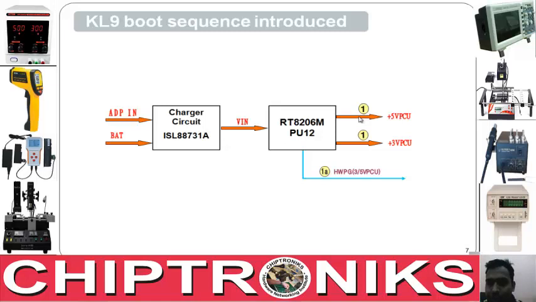Okay, we'll go to the next slide, and after generating this +5VPCU and +3VPCU, it will generate an H power good. A very important thing to note over here is every regulator IC will generate a power good, and that power good gets fed to the next level, which will inform that this IC has worked, has done its job, right? How does the next level